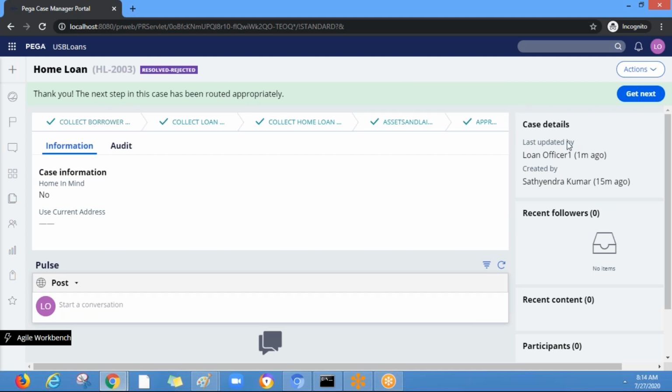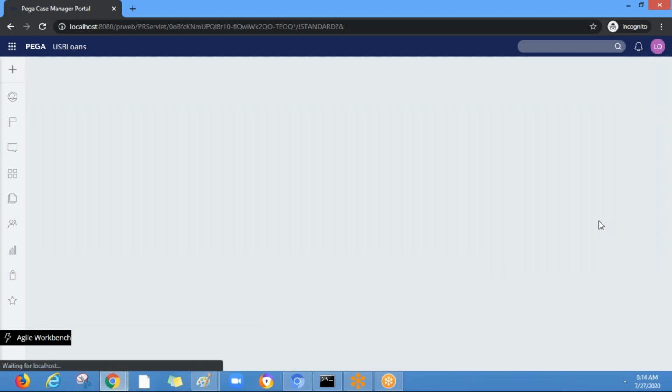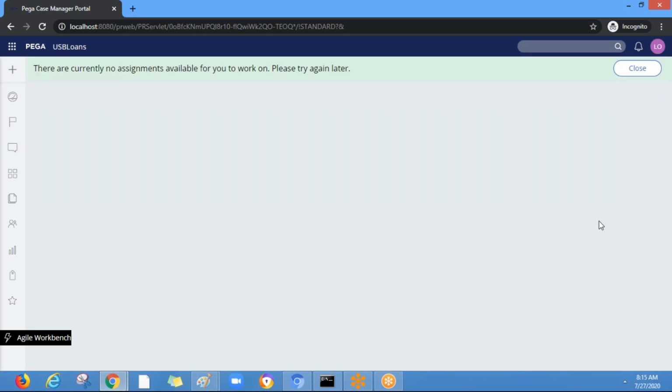So similarly, the same thing applies to all other users. But when they click on this, since this operator doesn't have anything, nothing will be displayed. So you can route an assignment and click on get next work instead of opening the assignment manually. Since this user doesn't have any assignments, nothing is getting opened, right?